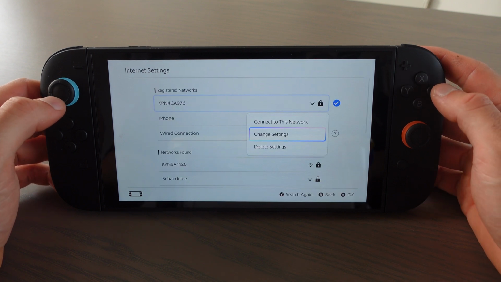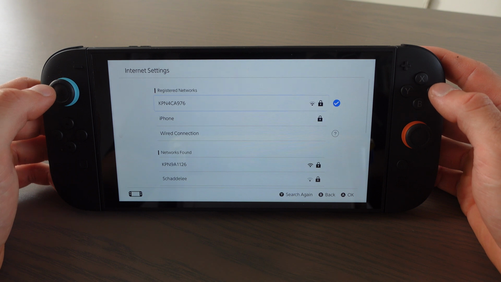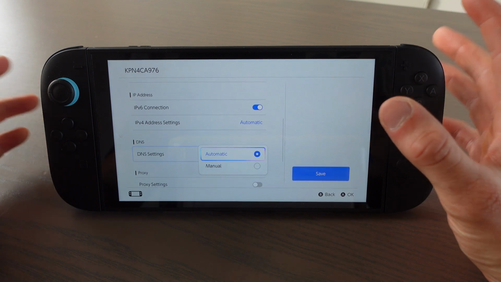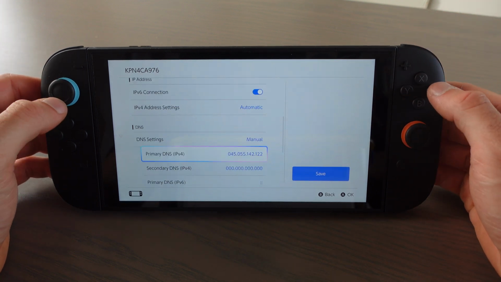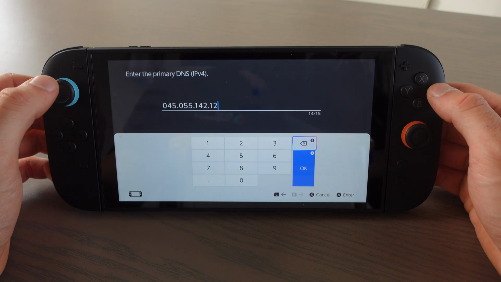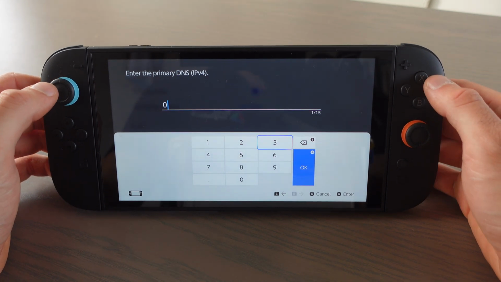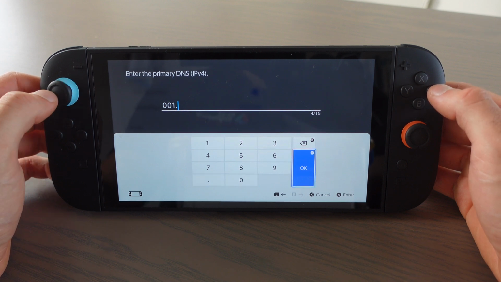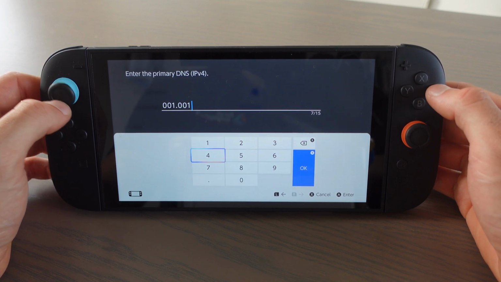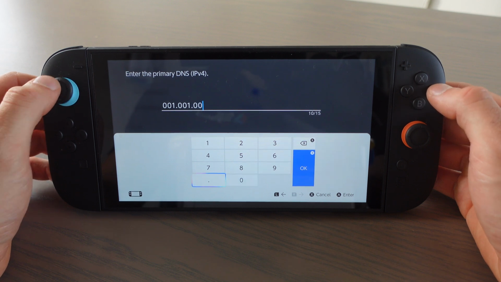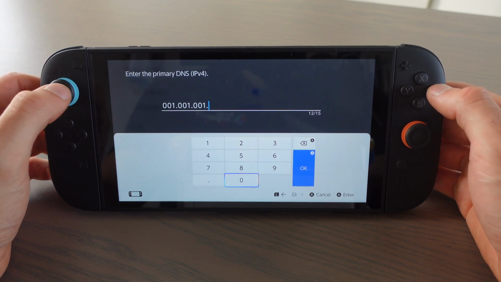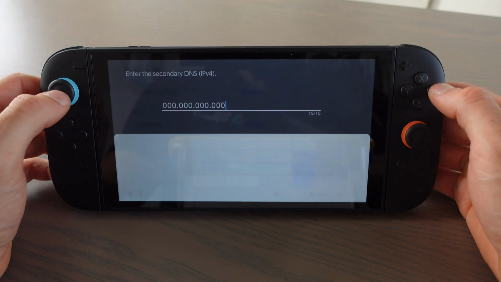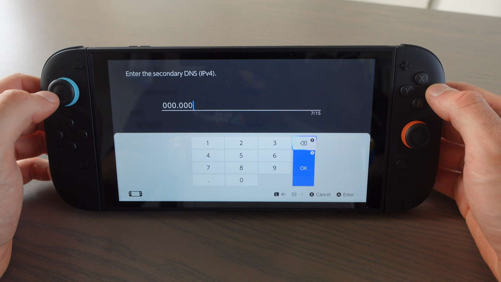Then on Internet, you want to choose a Wi-Fi and click on Change Settings. And what we're going to do is go to DNS Settings and switch it from automatic to manual. Then at the primary DNS, we want to change it to 1.1.1.1. We're going to click on OK, and then the secondary DNS, we're going to change it to